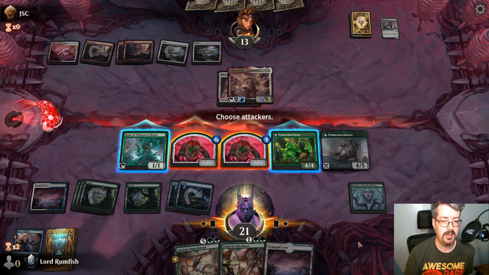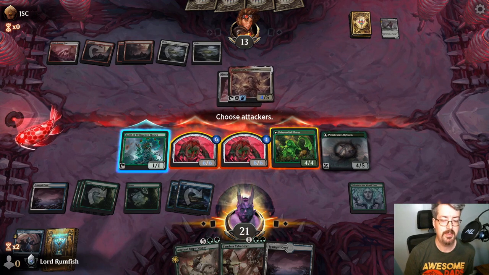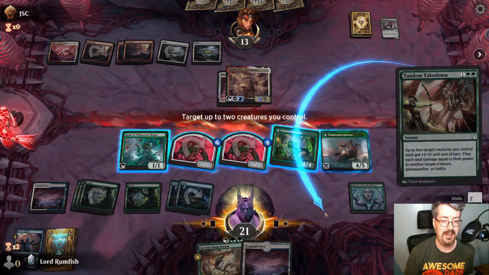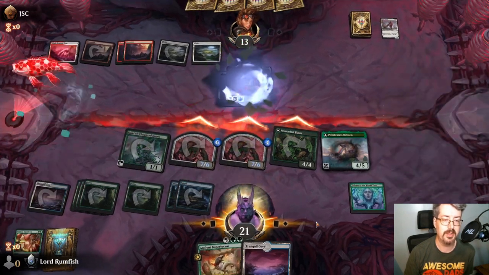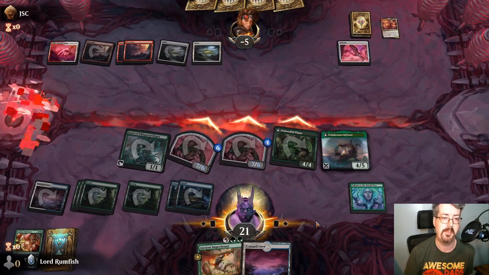I'll come in with... well, I guess all of those. And I'll tandem take down both of these on Quintorius, because either one of them would kill him. That seems like there's this...